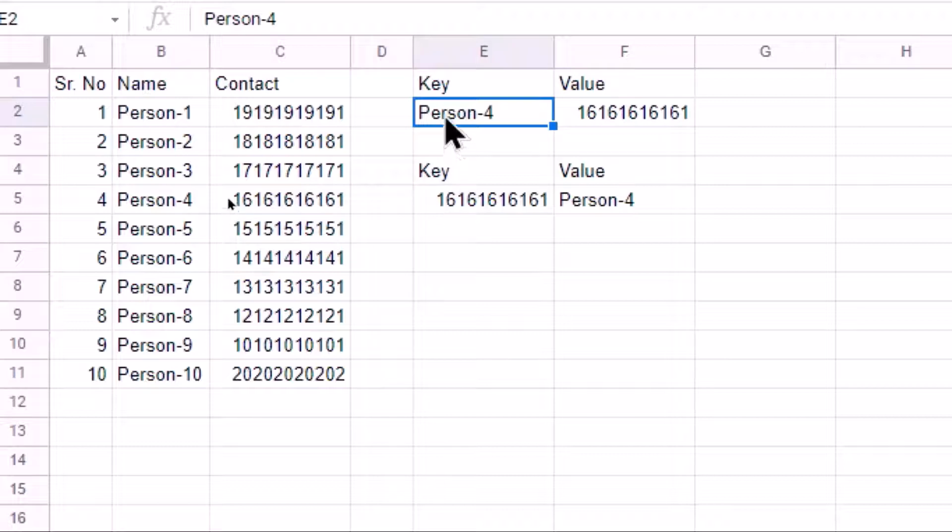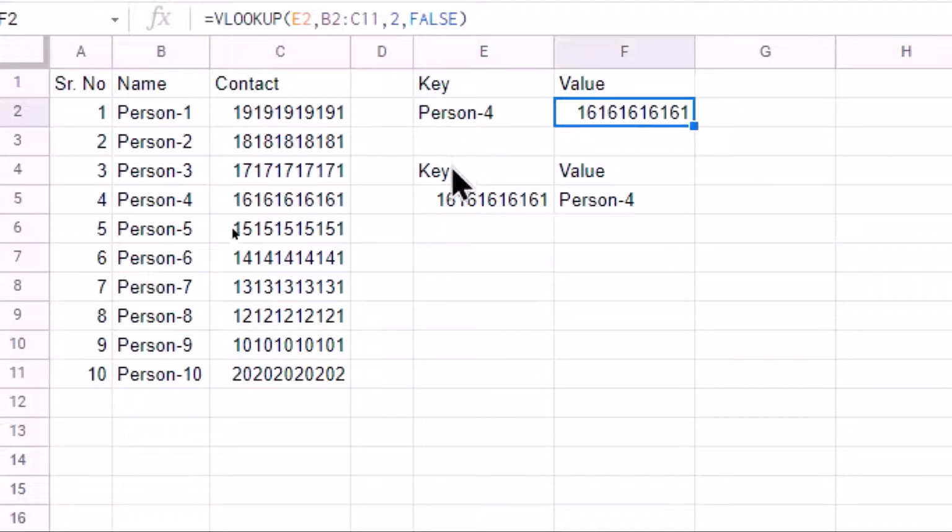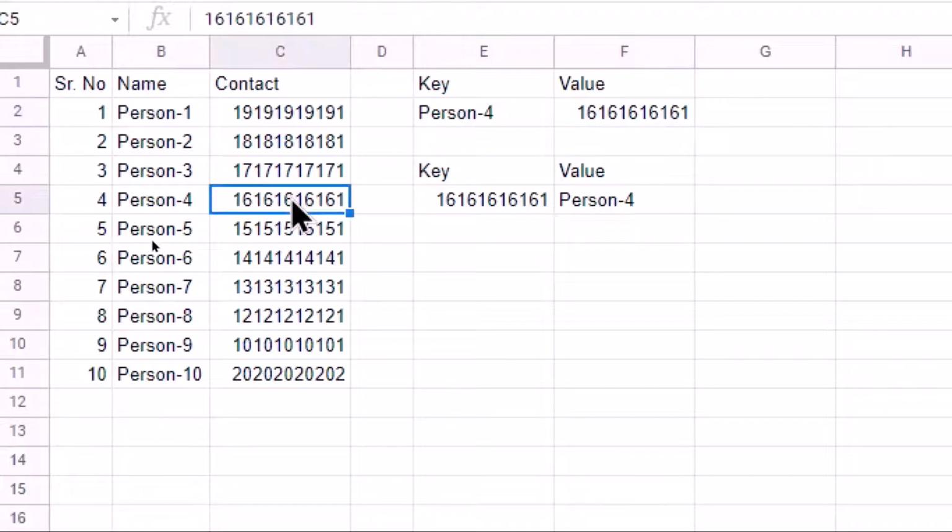So you can see here that we have person 4 as a key, which is present in the name column. Now corresponding to this person 4 we want to find out a matching contact. So in this situation we can use VLOOKUP. But if you have a reverse situation, that is, we have a key from the contact column and corresponding to that contact I want to find out a matching person, that is not possible using VLOOKUP, because